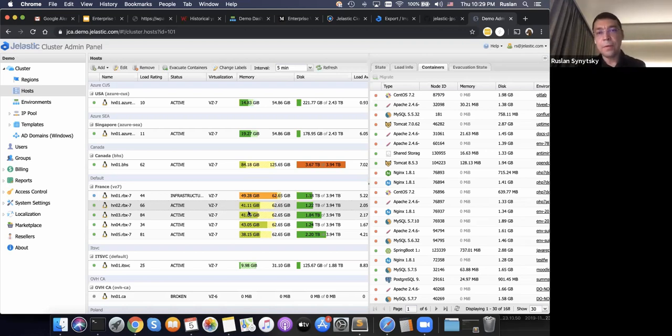We distribute them automatically across different physical servers to reduce the potential impact from downtimes, because sometimes physical nodes can go down as well. But if you have a cluster already distributed across physical nodes, it will reduce the impact. So it's done automatically, based on the load of the physical hardware node. That's the answer to the question.